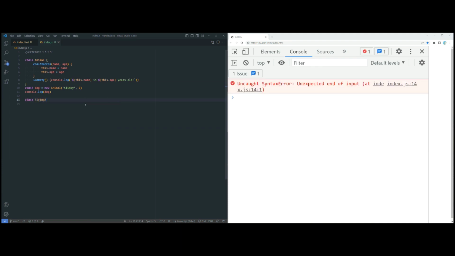Let's say we want to do FlyingAnimal now. Extends Animal. What does this actually do? Well, this keyword makes JavaScript say, okay, whatever's on the right will be the prototype of whatever's on the left. So class Animal is now the prototype of FlyingAnimal. What does this mean? This means whatever objects get created by the FlyingAnimal class can borrow methods and properties from